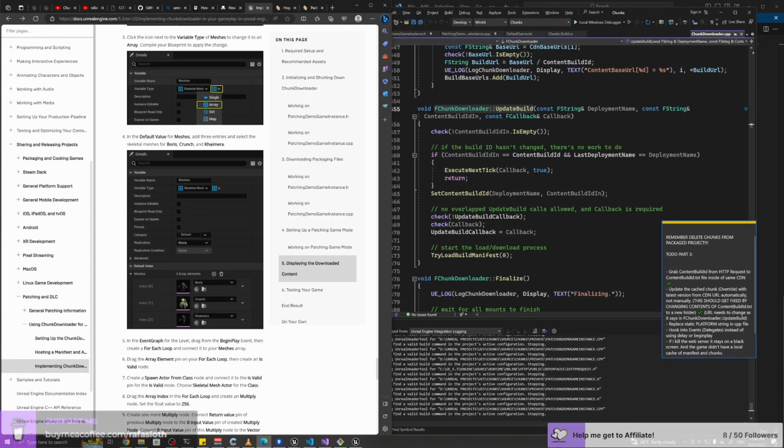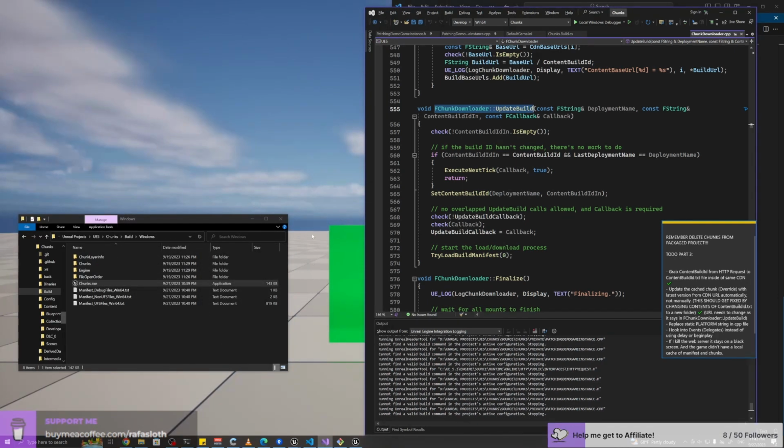So, as a summary, however you design your application, if you want to detect changes in the manifest file, you need to keep changing the URL every time you update a DLC.